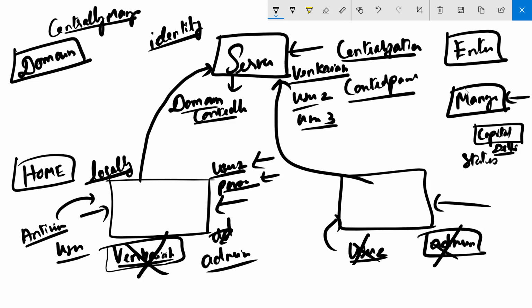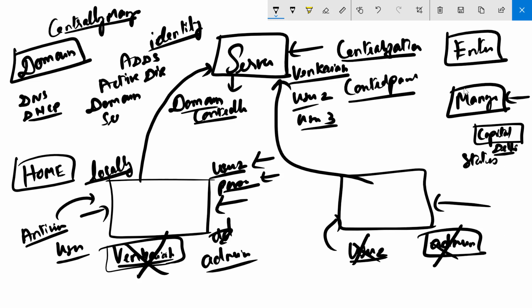It could be a web server. It could be a DNS server. It could be a DHCP server. So how do you differentiate this server from all the other servers? You typically call it a domain controller. And also one last thing, in a Windows environment, if you want to configure a domain, you want to configure this environment, then on this server you need to install a component called ADDS, and it goes by the name of Active Directory Domain Services.